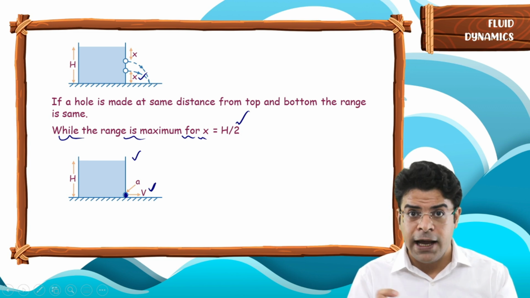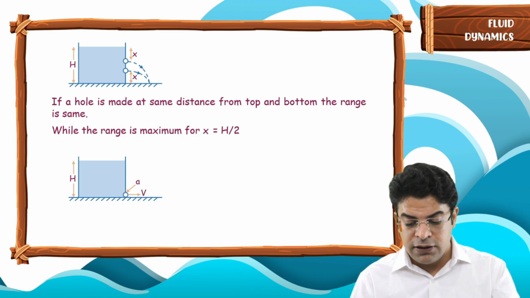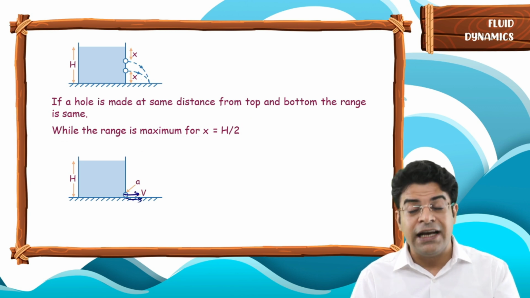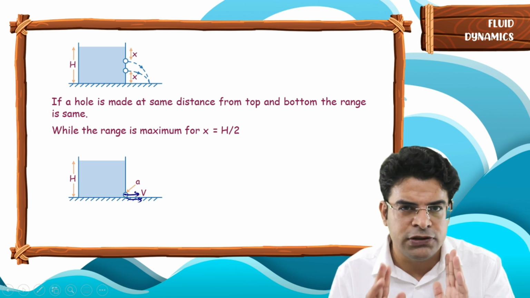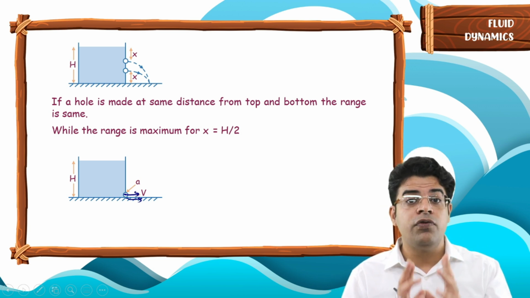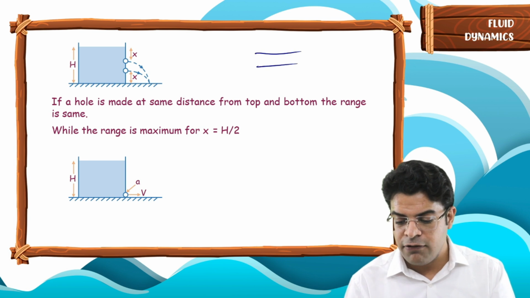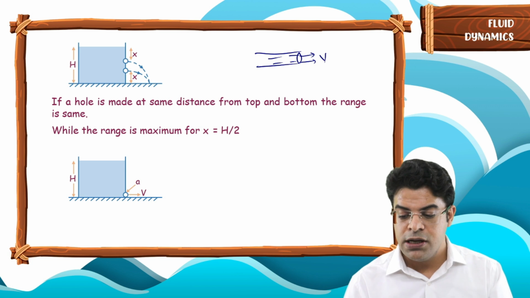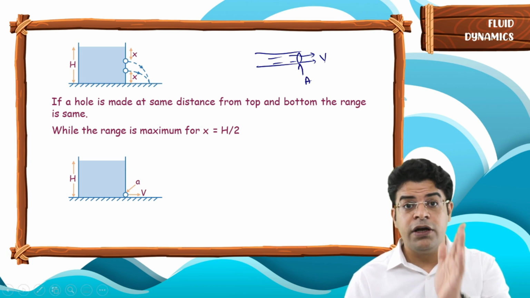Or what is the force by the tank on the fluid so that it gets this velocity in the horizontal direction? Since the fluid gets some velocity, the fluid gets some momentum. If the fluid gets some momentum, there has to be some force acting. How much force? We have done this in Newton's laws. If we have a tube from which the fluid comes out with a speed v, and the area of the tube is A, and first the fluid was at rest,